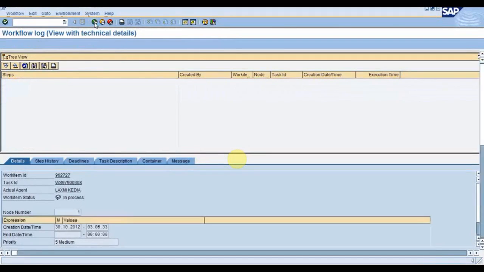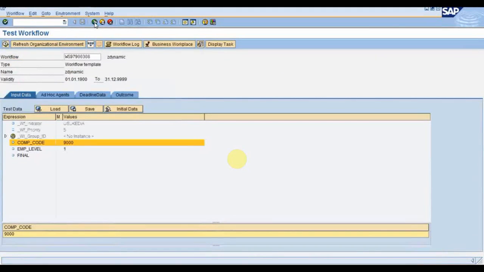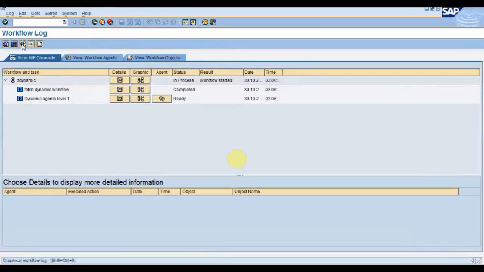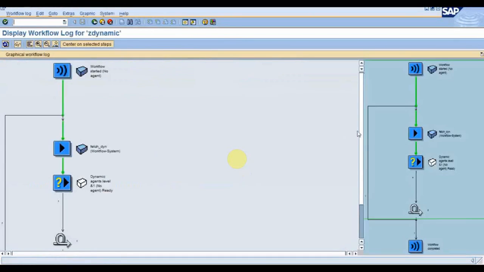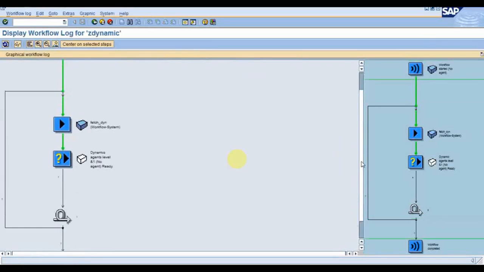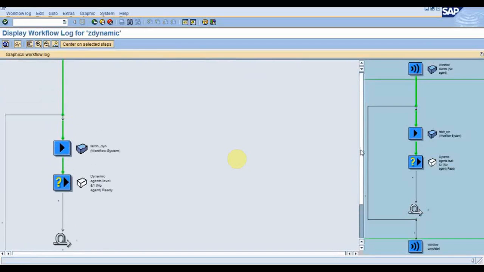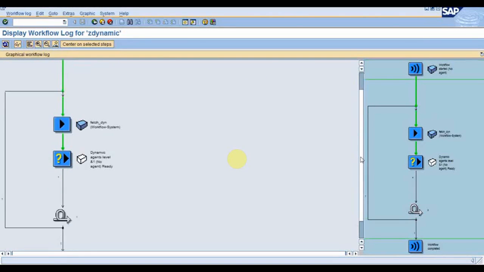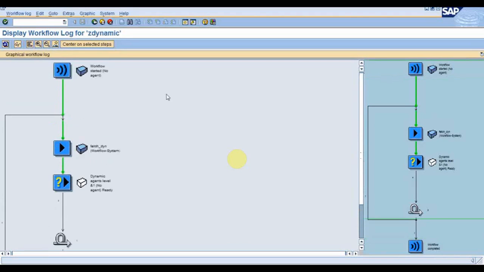Once I approve that, the workflow will get completed, because now let me take you to the graphic section first. Just try to understand it. If you are not able to, ask me, because I'm just discussing the important portion of the workflow. This is a real-time scenario I have taken from my company itself. So just try to understand what I'm trying to do here.